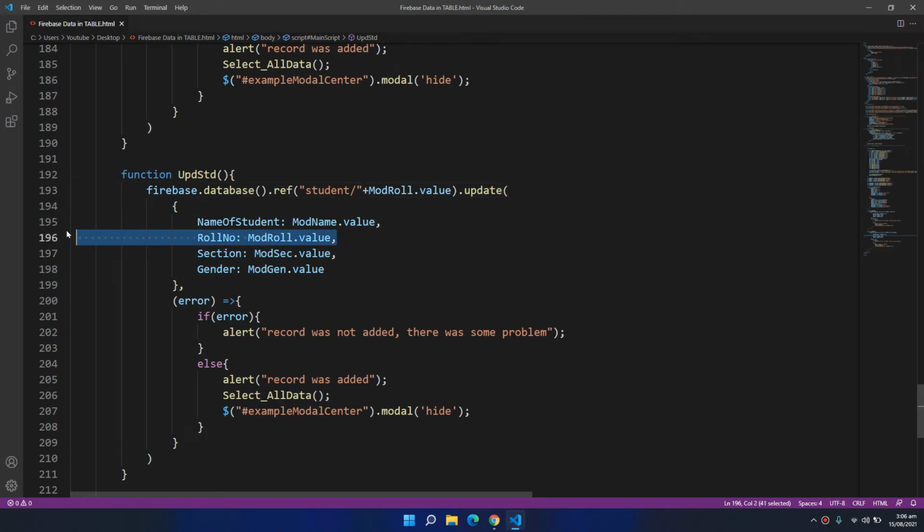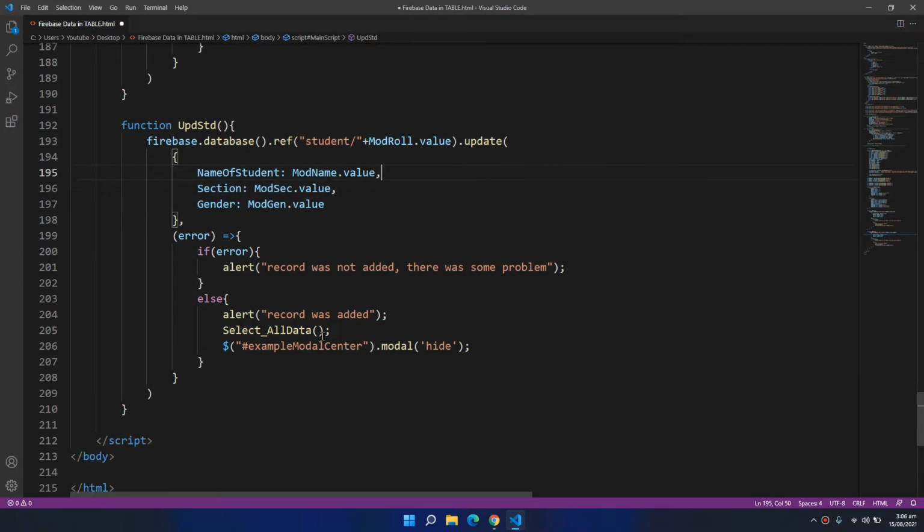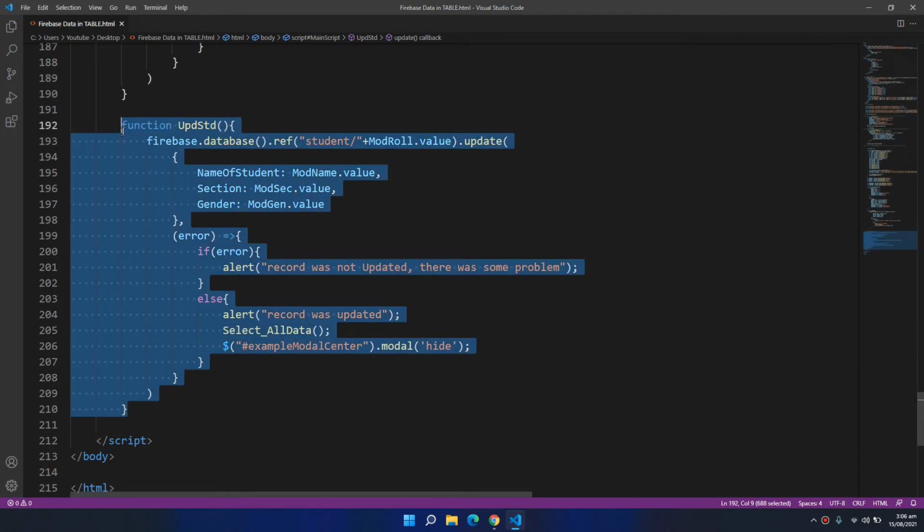I need to remove the roll number because it would not get updated, and the record was not updated. So everything else will remain the same.